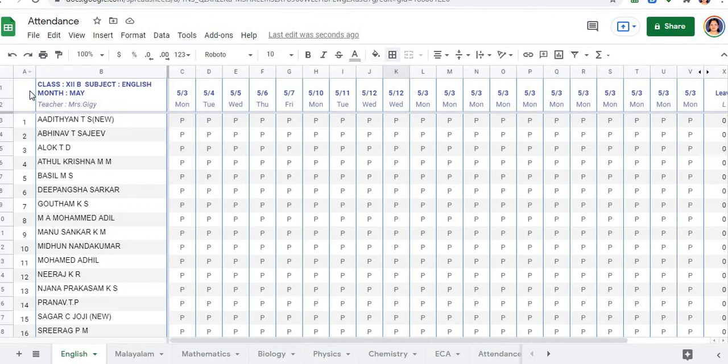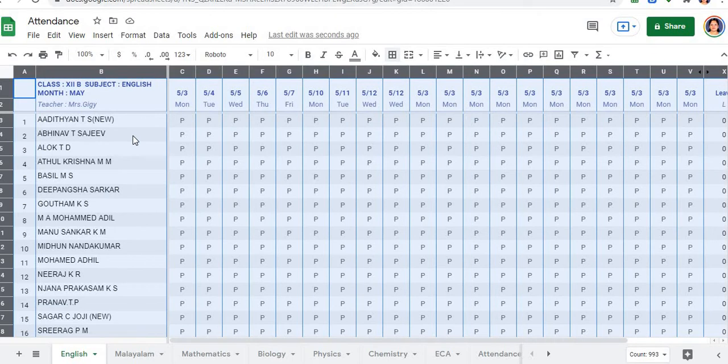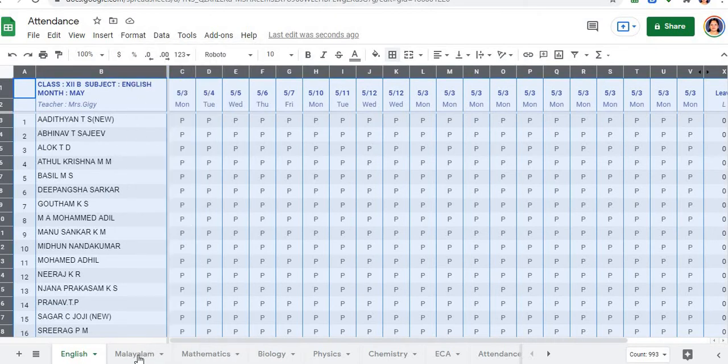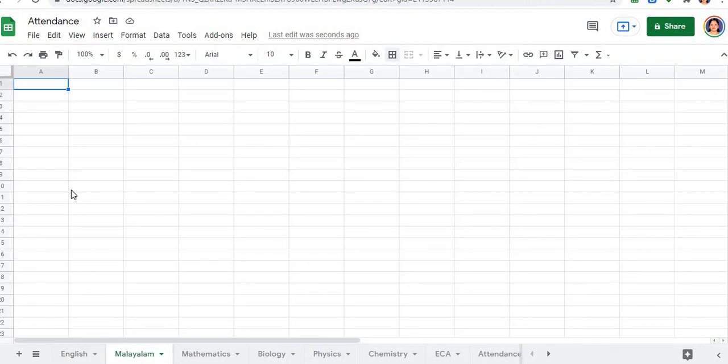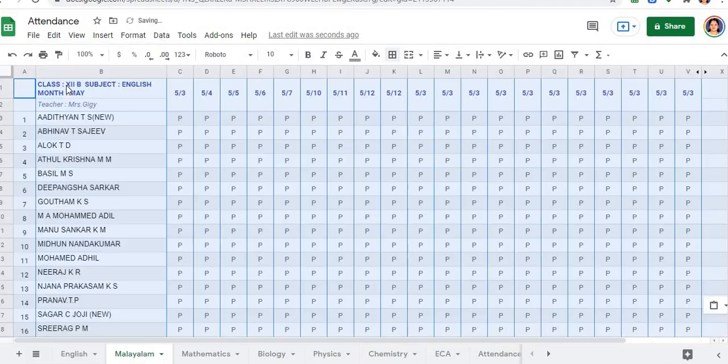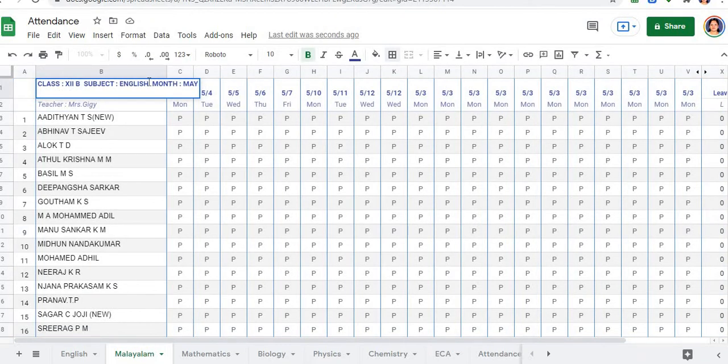Again, to select this entire page, click on this corner, press copy, and then click on Malayalam. Onto this box, right click, paste. So you have the entire attendance register made for English, now pasted for Malayalam. The only change you need to make here is to change the name of the subject from English to Malayalam.